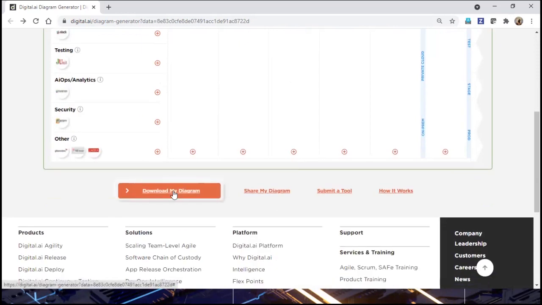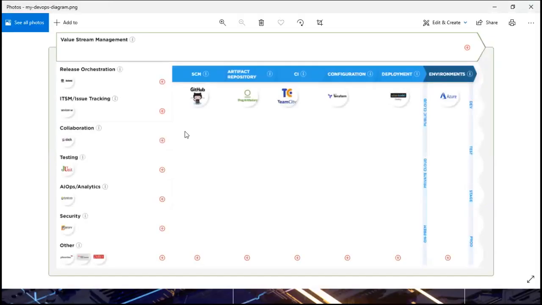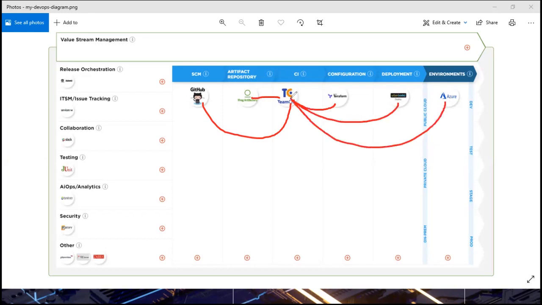You can just say download the diagram. The workflow will be created automatically. If you say that's all, so this has to be integrated with TeamCity, this also has to be integrated with TeamCity, and this also will be integrated, because TeamCity is the one deciding what needs to be done next in the pipeline.